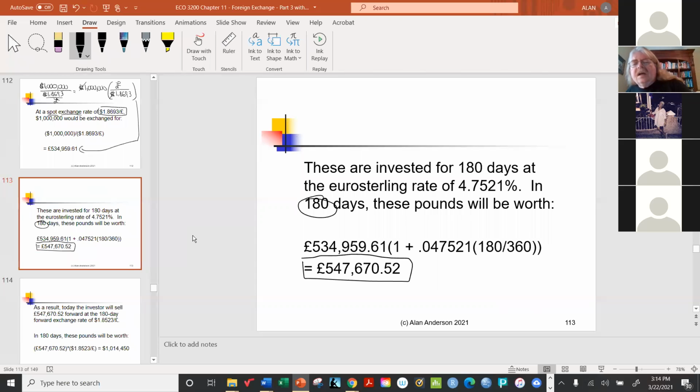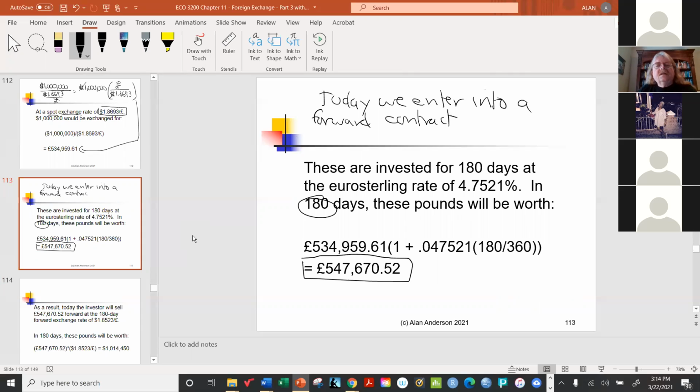Now, at that time, we will not want to sell these at the spot exchange rate because it could be anything. We could make money, we could lose money. We don't want to deal with that kind of uncertainty. So today, we'll enter into a forward contract. All right. So today, we enter into a forward contract to sell all of them,